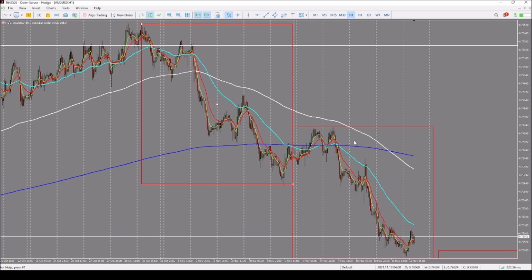So in this case, we are saying we have 1, 2, and possibly 3, but we need a proper setup for us to deem this a peak. So we entered this trade in the VIP channel. It was a sell from this reset point, and now we are waiting to see reset number 2